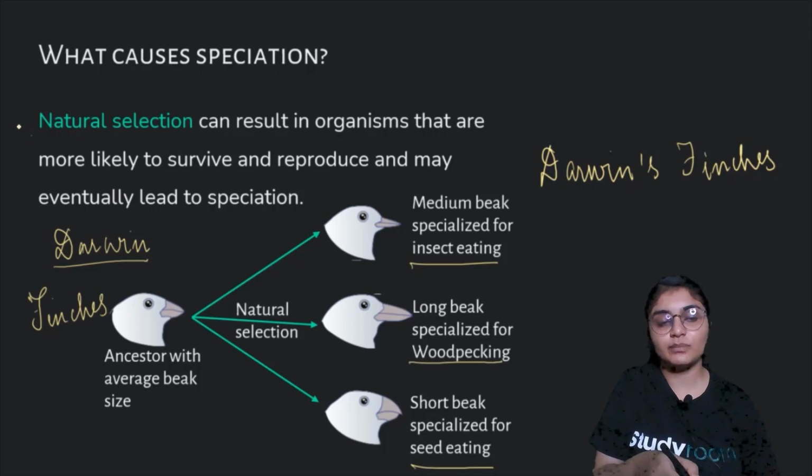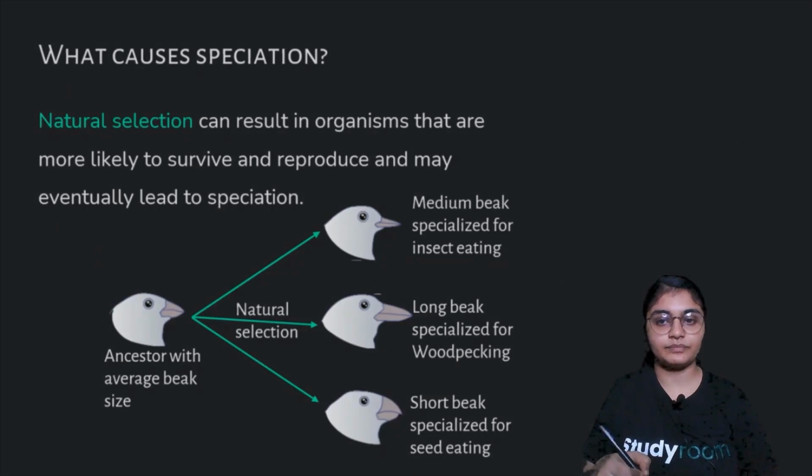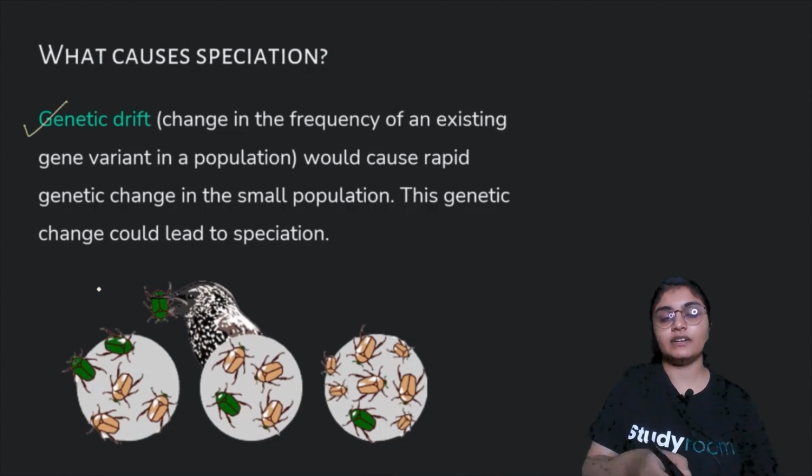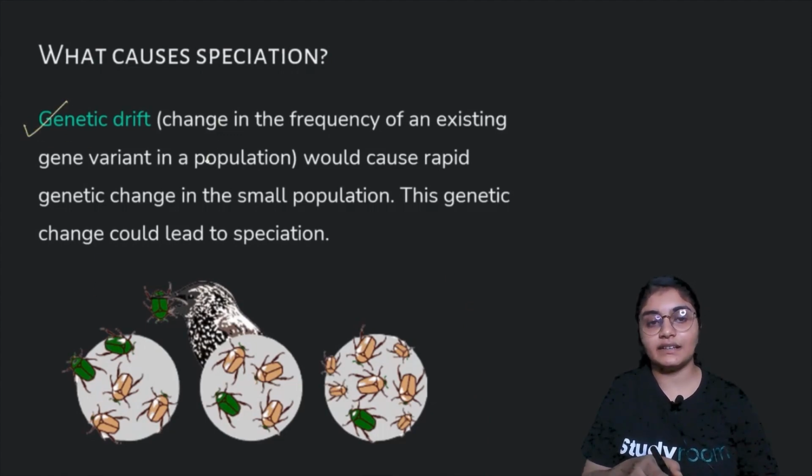So the factor for speciation here we are studying is natural selection. The next factor for speciation that we can study is genetic drift. As we know, genetic drift is the change in the frequency of an existing gene variant in a population, and it would cause rapid genetic change in a small population. This genetic change could lead to speciation. So here you can see how the genetic drift is changing